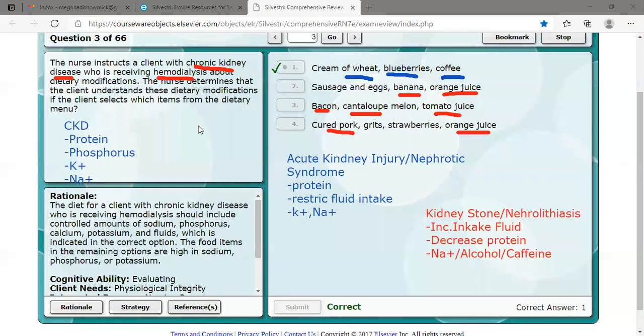So let me explain some notes here. If a patient has chronic CKD or a chronic kidney problem, our patient should limit the protein intake, and it would be 0.8 to 1 gram per kg per day. And tell your patient to limit phosphorus intake, and always we have to tell them to limit the